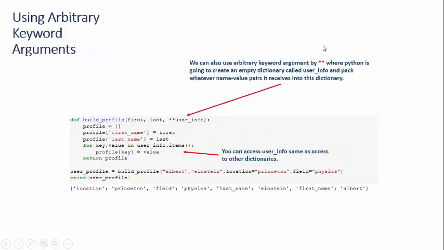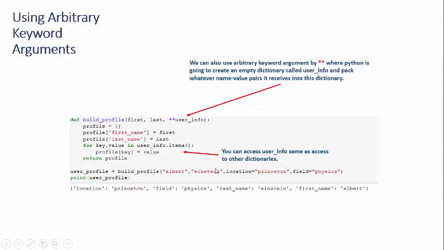Very similar to that, we can also use arbitrary keyword arguments in the function. In this particular one, we have the double star. The double star user_info is defined as a particular parameter which is going to take in all potential arbitrary keyword, key-value combinations. And first and last are the two regular parameters, which can take one argument each. The user_info, when you have 2 stars in front of it, is basically defined as a dictionary. The dictionary can take an arbitrary number of